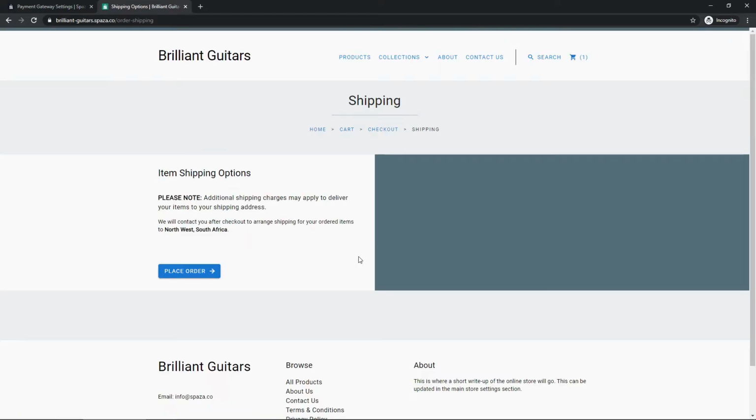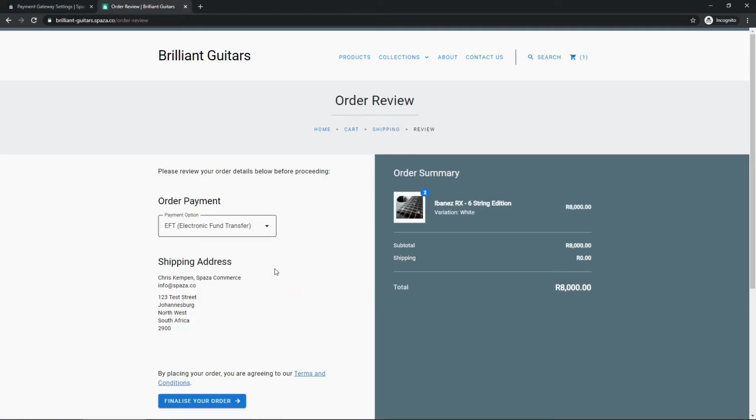That will then take us through to the shipping section. We're going to be looking at the shipping details in a future video, so not to worry. This is standard at the moment, so we can just say thanks, additional shipping charges may apply, no worries. Let's place that order. And now we land on the order review page, which is where we get to choose